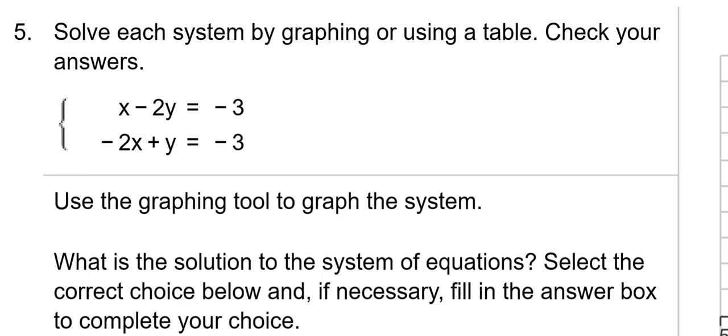That's what I'm expecting if you're going to be doing this method. If you're going to do the XY chart, then you could make the